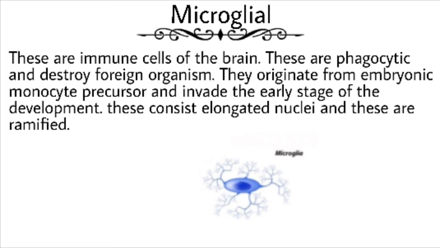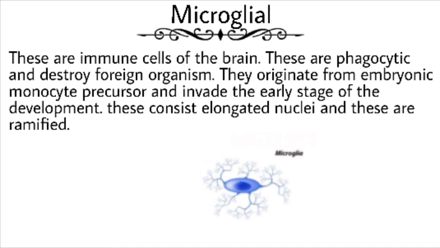Now, microglial cells, these are immune cells of the brain, and these are phagocytic. Phagocytic means the cells destroy foreign organisms. Now, where do they originate from? They originate from embryonic monocyte precursors, and this is very important, that they invade the early stage of